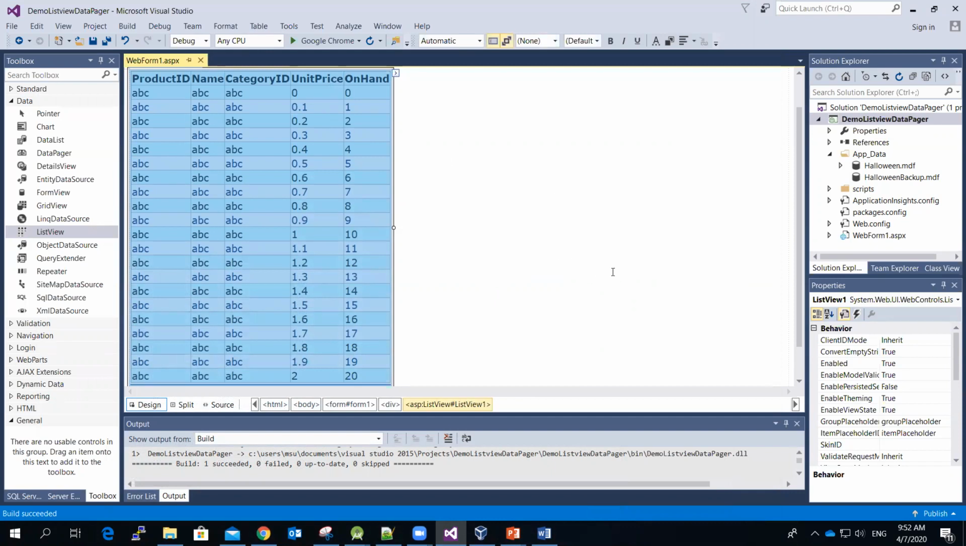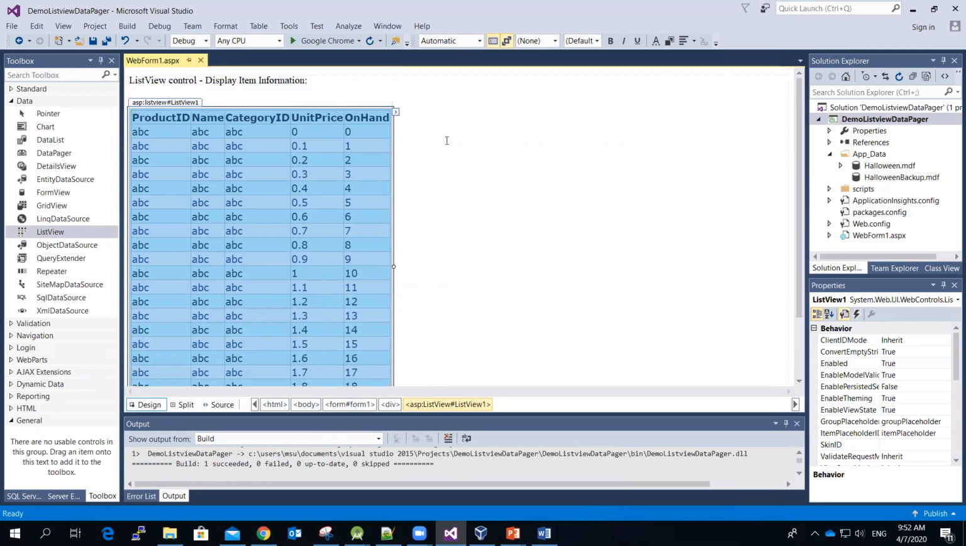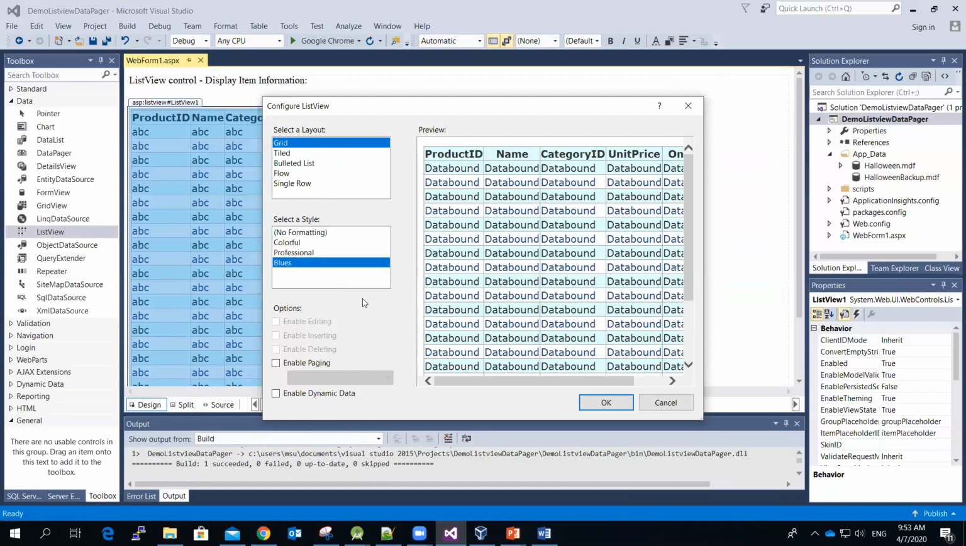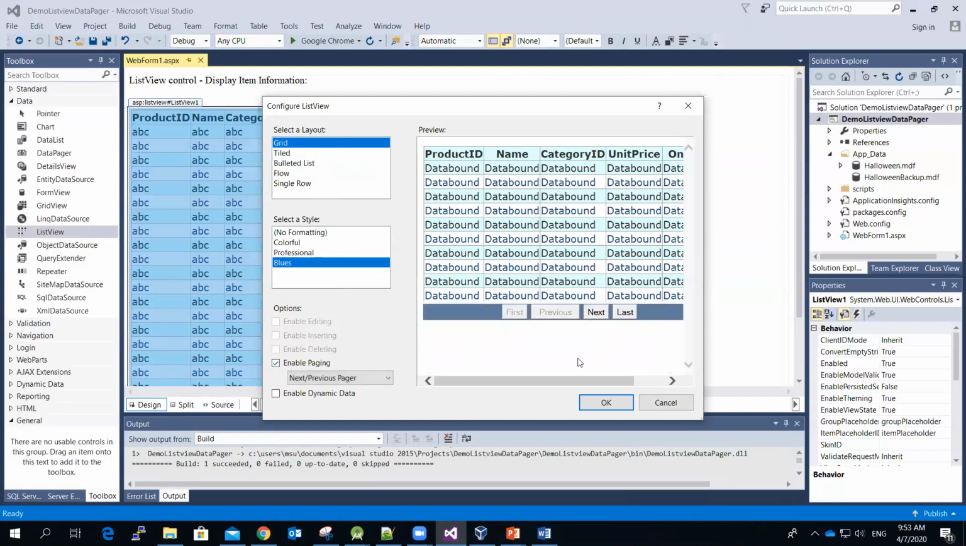So this time we're going to provide the pagination feature at the last row of the table. So select the smart tag menu again, go back to config list view. Each time when you make changes, then you have to reset everything. So let me select the preview, select the blue style. And then let me enable paging, and you can see that once I enable the paging feature,